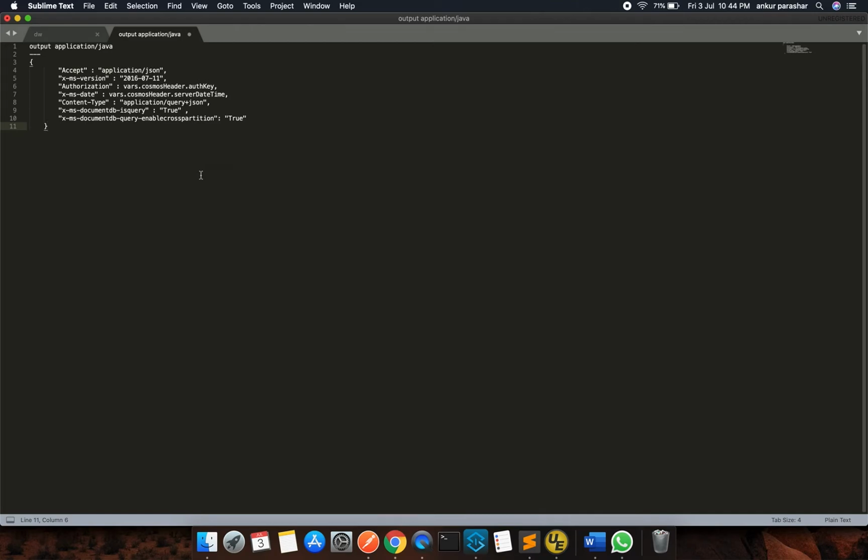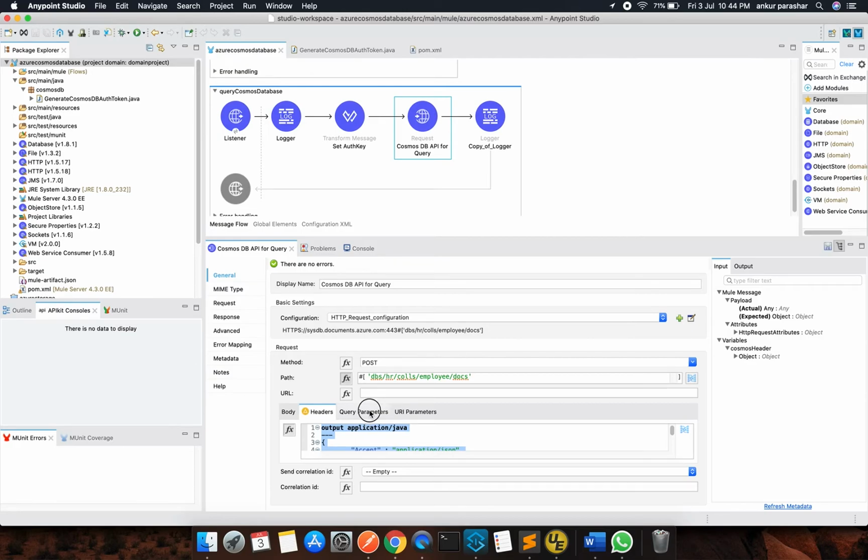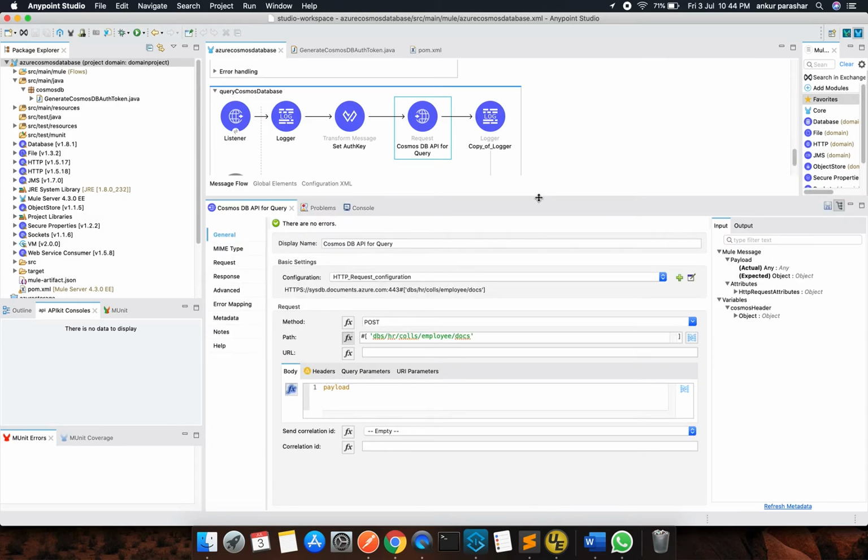So here we will be sending the auth key, and that's it. Yep. So we are pretty much good on this, and let's try to hit this particular guy as well. Okay.